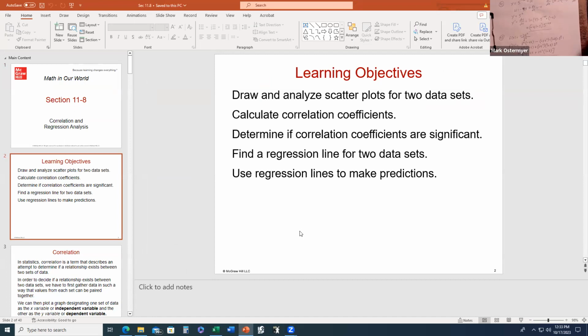When we get done with this section, we will understand how to interpret a scatter plot, and we'll look at how scatter plots are constructed for ordered paired data. We're also going to calculate a very useful statistic called the correlation coefficient for an ordered pair data set. Again, it gives us a numerical measure of the strength of the relationship that exists between the X and the Y